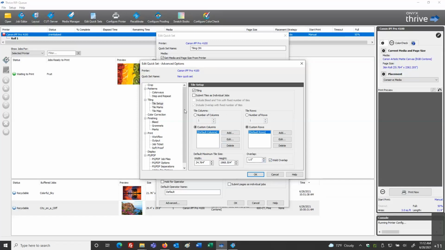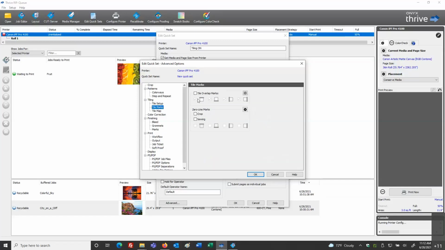Now in the tile setup, we also have marks, tile marks, and again, we can activate the different mark settings as we want them to be. And then our third feature we have is tile maps. So one configuration and setting we're going to have is we're able to generate a tile map at the rip time when the file is ripped.